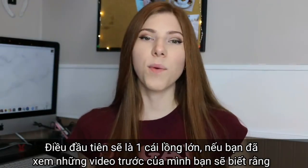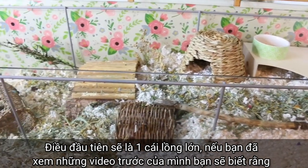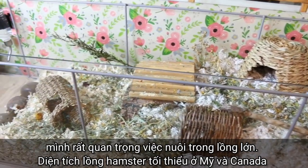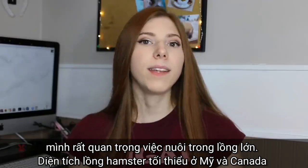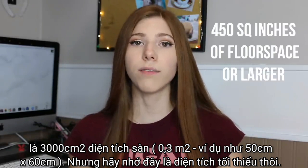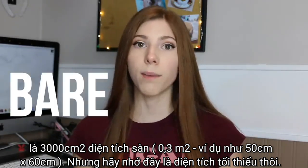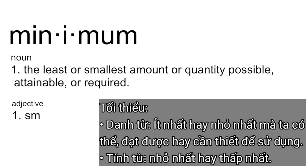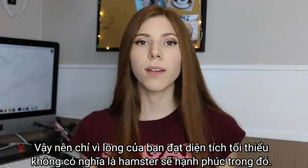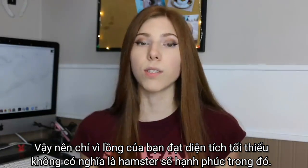The first thing would have to be a large cage. If you've watched my videos before, you may already know that I am a big believer in giving hamsters a large cage. The bare minimum in the US and Canada is 450 square inches of floor space. Now remember, this is just a bare minimum. Therefore, just because your cage meets the bare minimum does not automatically mean your hamster is going to be happy